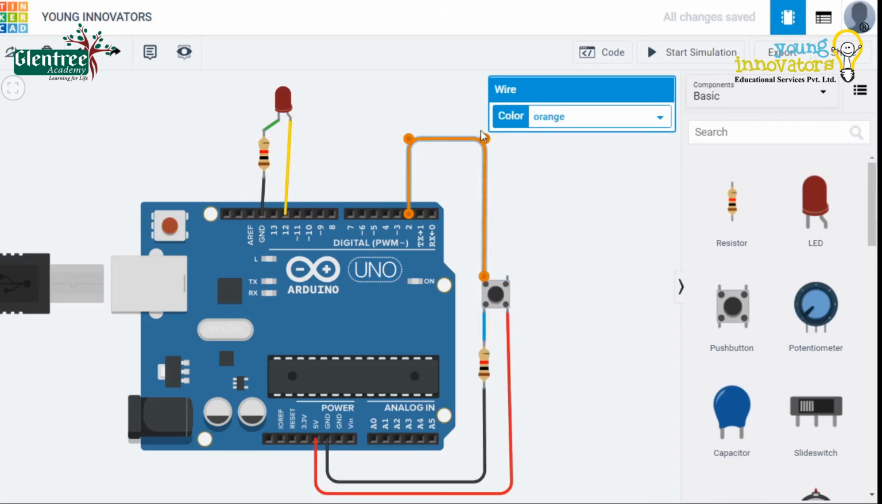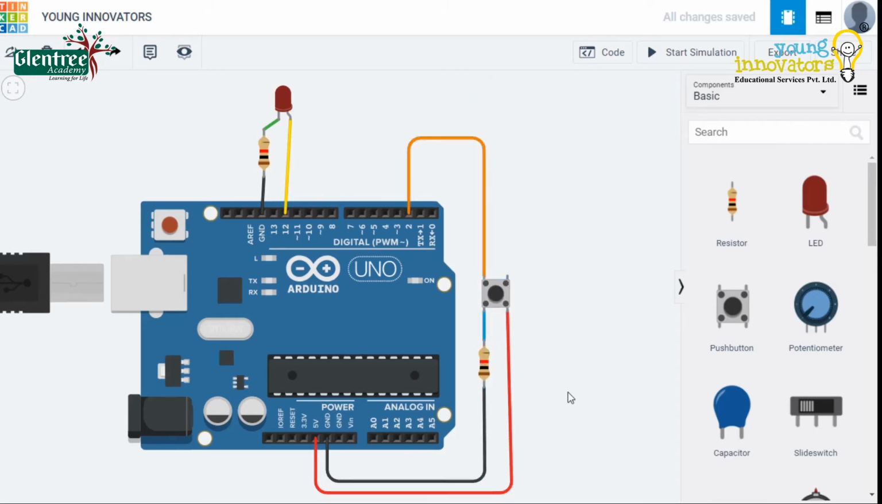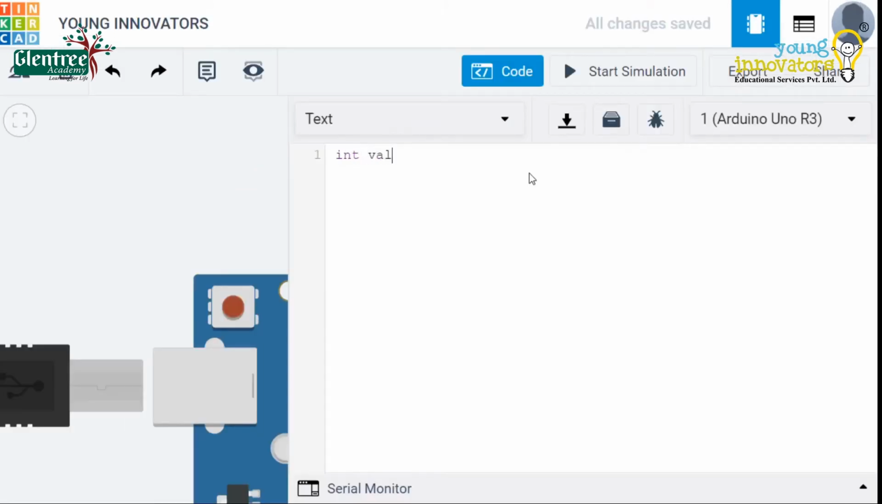Next, we shall code the Arduino. We shall first set up the pins. For that, we will write value equals 0 first. Here we are declaring a variable value with 0 as the initial value. Next, in void setup, we will write